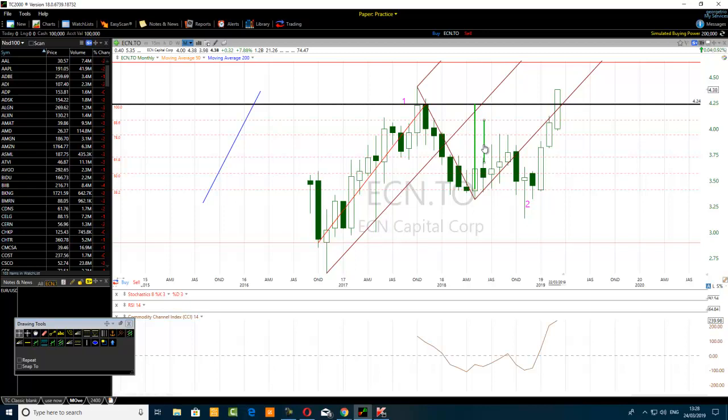So I've done it roughly, all right? I just look at it and, okay, roughly, this is the half of it. So when we project that half, we have a midpoint target somewhere here where I place my red line, in the zone of $4.65. So there is a midpoint target in the zone of $4.65, and there is an ultimate target somewhere in